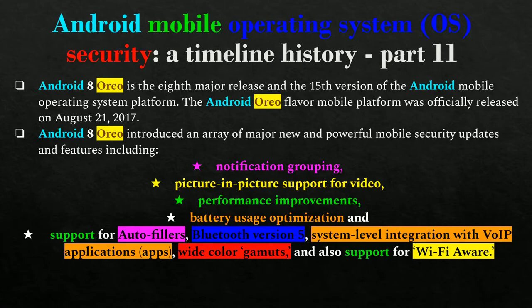I listed several of them, such as notification grouping, picture-in-picture support for video, performance improvements, battery usage optimization, support for autofill, the fifth version of Bluetooth, deeper integration with voice over IP applications, wide color gamuts, and also support for Wi-Fi Aware.